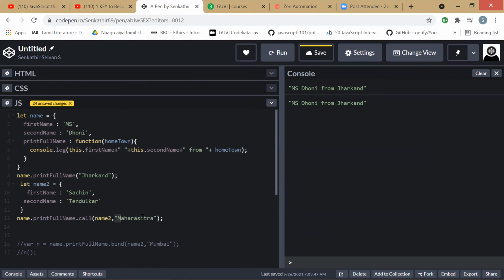And we are passing a parameter, that is, from Maharashtra. Now if we run this, we are getting the full name, then the parameter which we passed, Maharashtra. So this got executed here by using the call method.